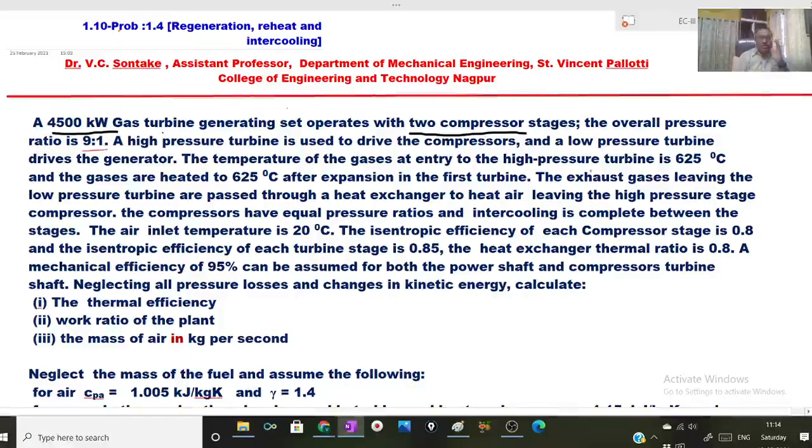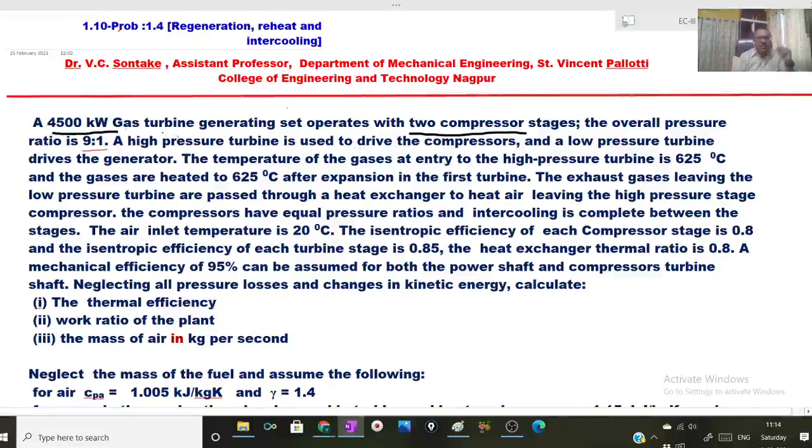So there is a gas turbine plant and its generating capacity is 4500 kilowatt. There are two compressors, so intercooling is done. There are two turbines as well. One is driving both the compressors and another turbine separately driving the generator to give you the power of 4500